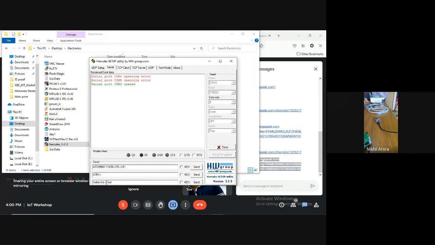Then, first try always the AT command, just a plain AT command. No, it's not coming back. That means this is a different COM port. Again, switch off, switch on.